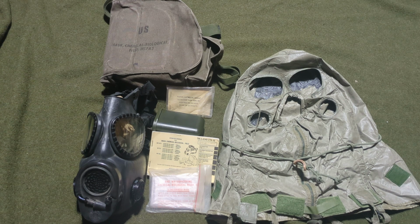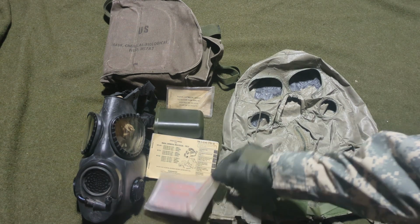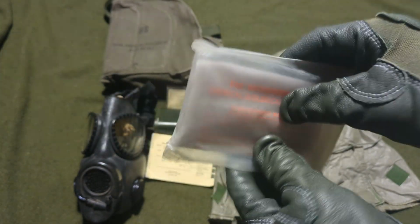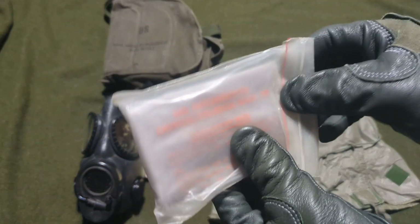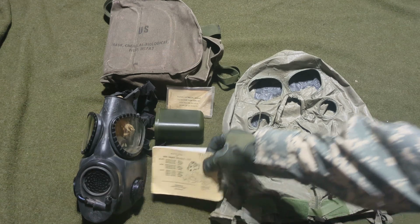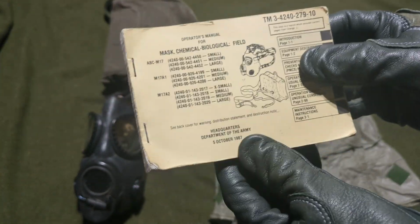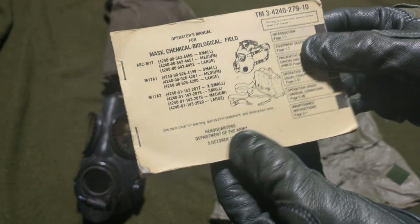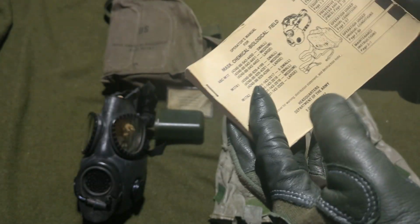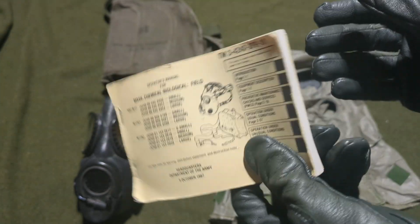So I will go over the kit components. Starting off here, got the M1 waterproofing bag, still in the original packaging, of course. Got the operator's manual, TM 3-4240-279-10, October 1987 edition, with Change 1 from January 1990, the style that would be used throughout the 90s,